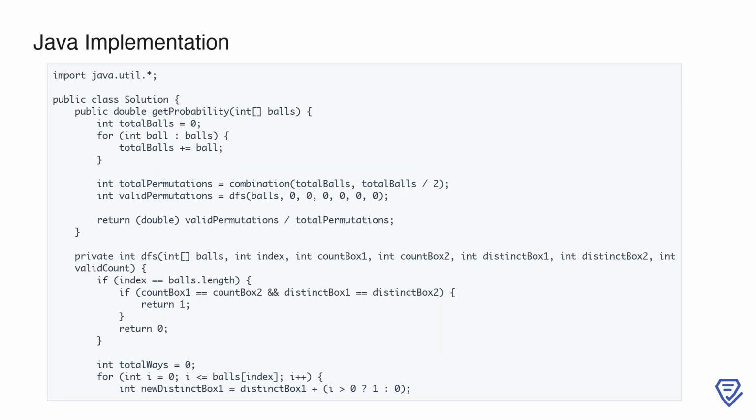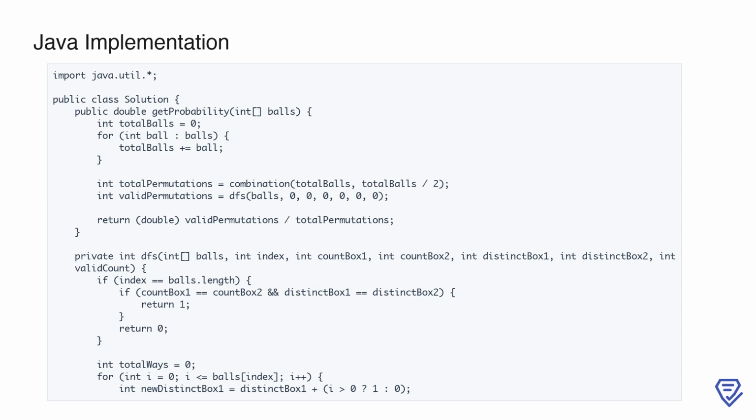Here, we start by importing the necessary packages and defining our solution class. The core function, getProbability, first calculates the total number of balls by iterating through the input array. This array represents the number of balls of each color. Using this total, we compute the total number of permutations for splitting the balls evenly between two boxes. This is done using a helper method called combination, which calculates the number of ways to choose a subset of